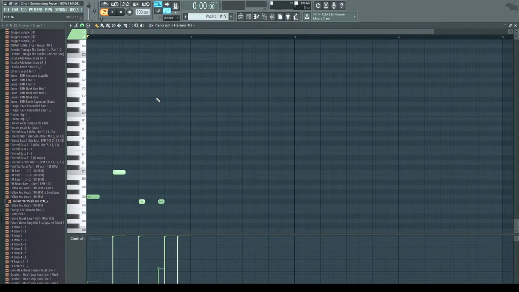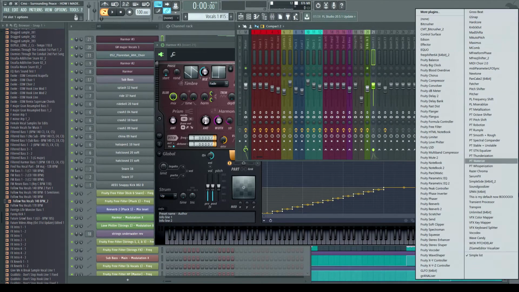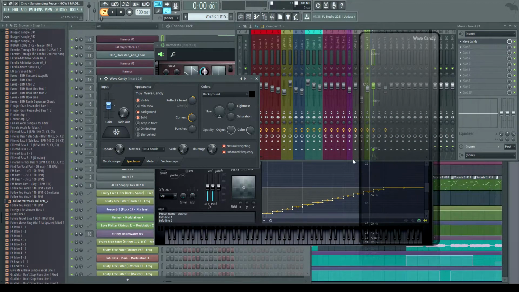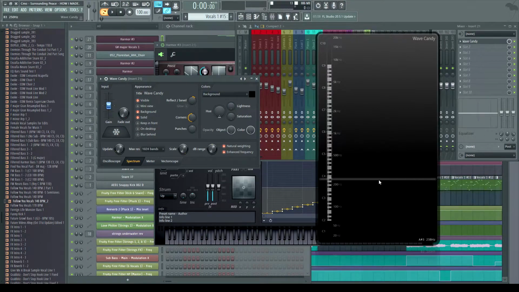And this is where a quick tip that I have for anyone that wants to do vocal chops this way. I recommend that you insert your vocal chop into a separate insert mixer, go into Wave Candy, and once you have Wave Candy open and dragged to the correct screen, put this to the spectrum setting, put the scale knob all the way down to the right, and put color all the way to the right.